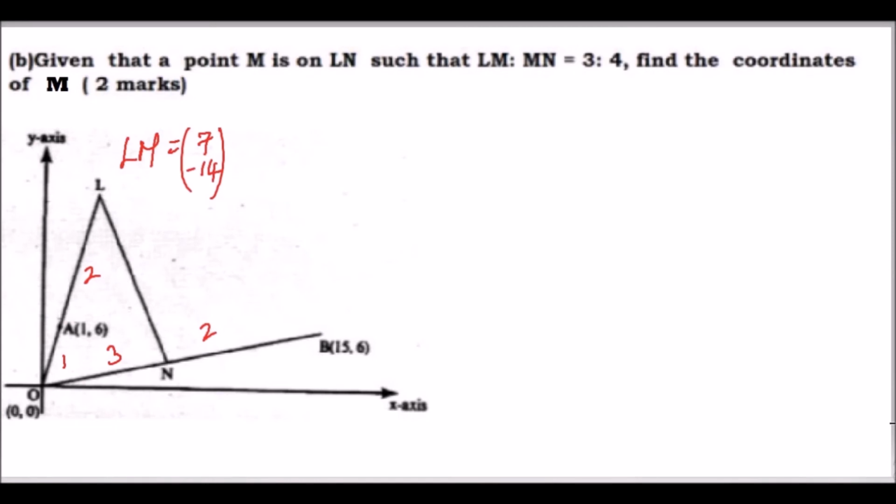Part B, we are told, given that a point M is on LN such that LM to MN is equal to 3:4, find the coordinates of M. So here, if we put our M there, the ratio we have been given is 3:4, so we can write our ratio like that, and therefore we can get OM. To move from O to M, you can move from O to L, L to M, or ON and then NM, and therefore I'm going to choose this option. So it is OL